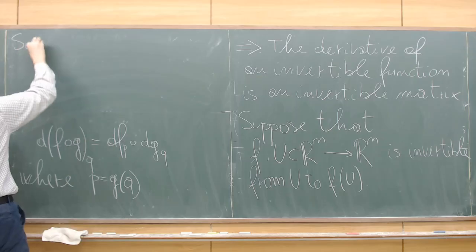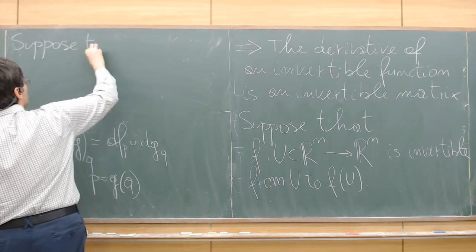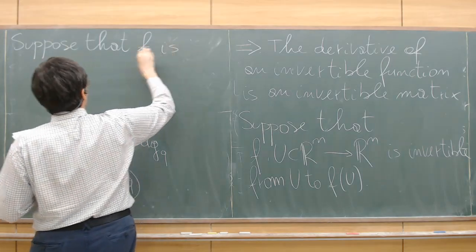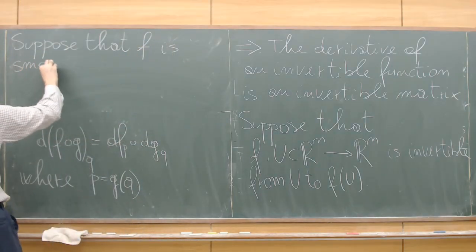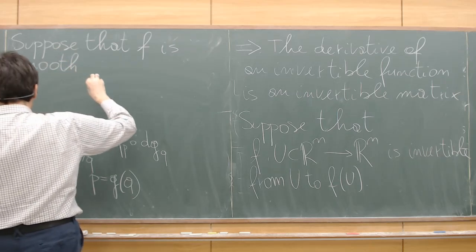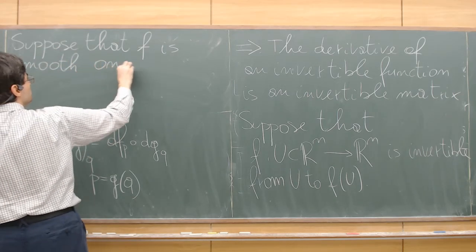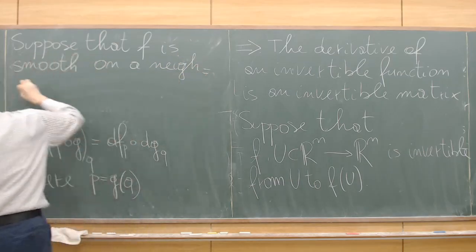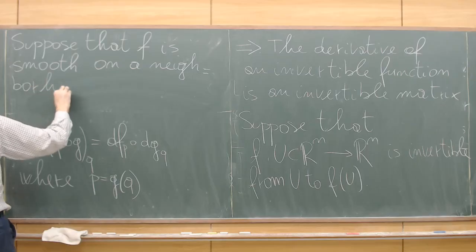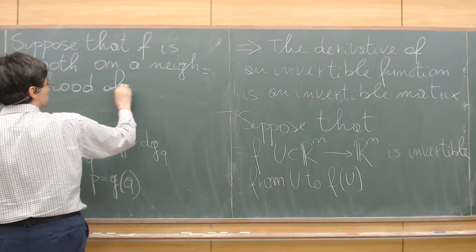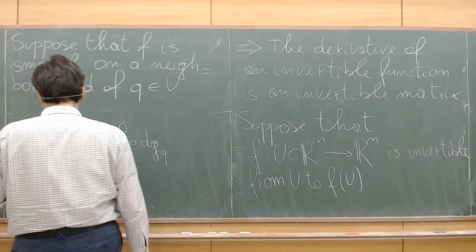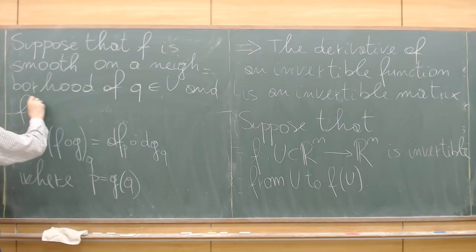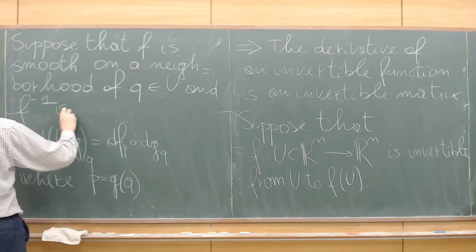Suppose that F is smooth on a neighborhood, at least, of Q in U, and F inverse is smooth